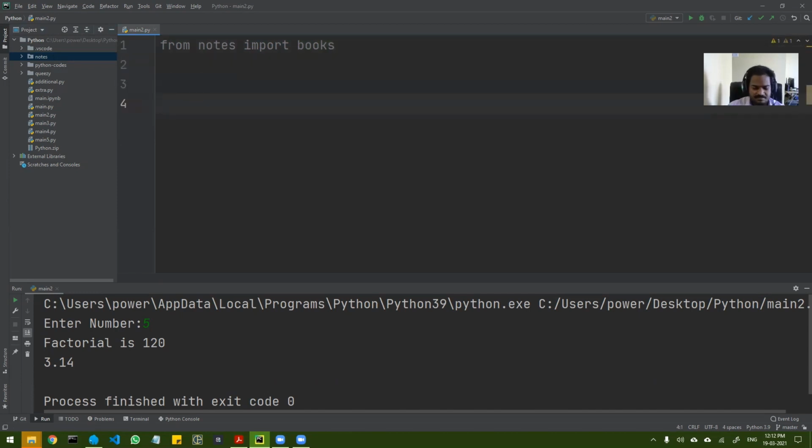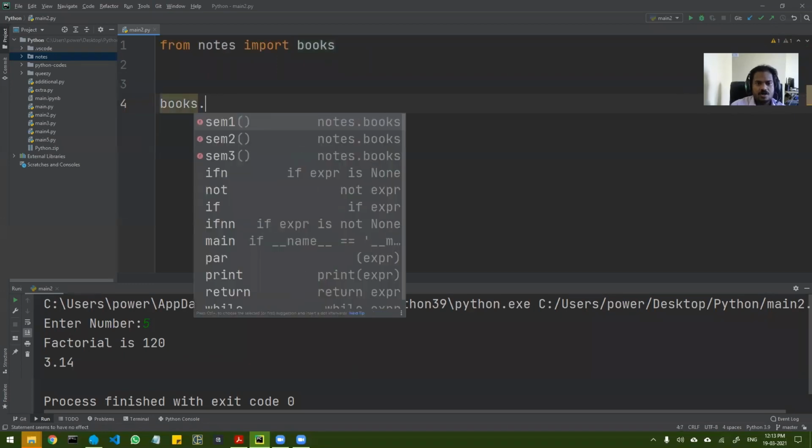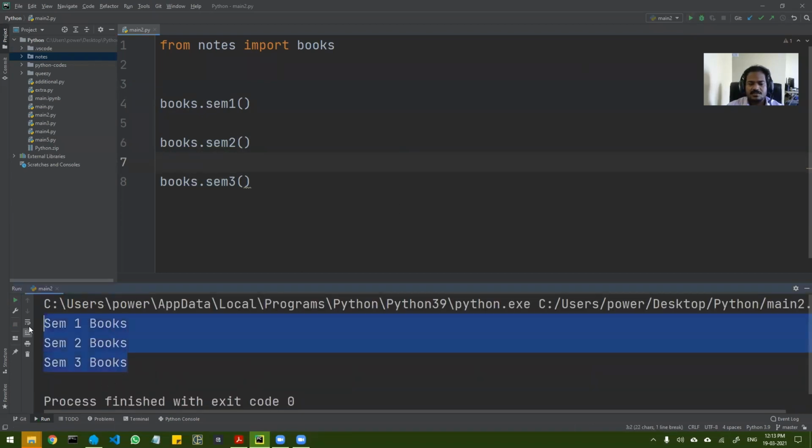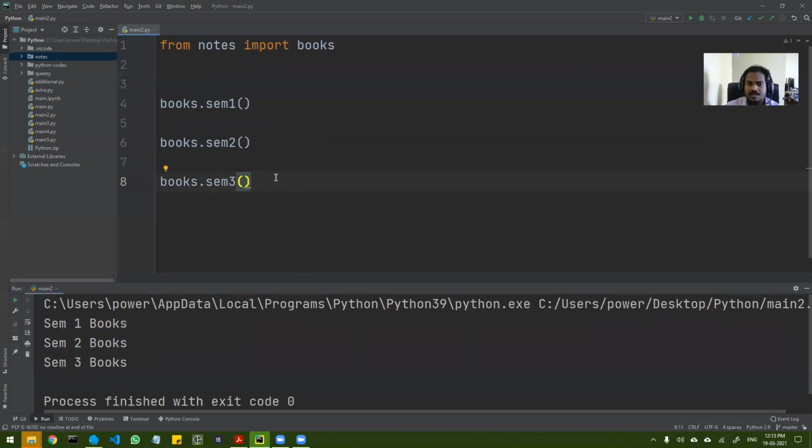अब नाउ इट इज वेरी सिंपल, यू कैन डू बुक्स डॉट sem1, जिससे sem1 का फंक्शंस कॉल होंगे। देन यू कैन डू sem2, then you can do sem3, ठीक है। So you can see I can organize this, okay। So if I run this, I get sem1, sem2, sem3 books, okay। So this is how you can import a package from a folder, okay। So ये हो गया मेरा एक मेथड इंपोर्टिंग का, ओके।